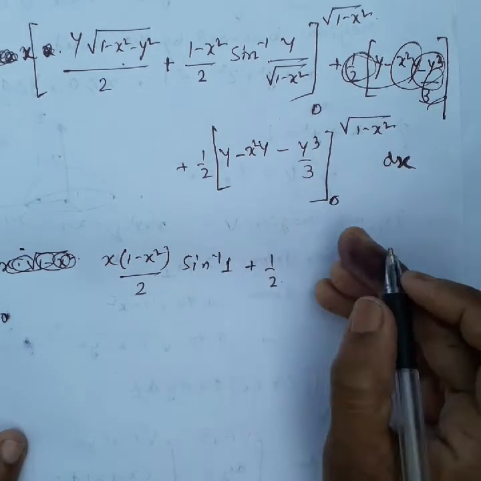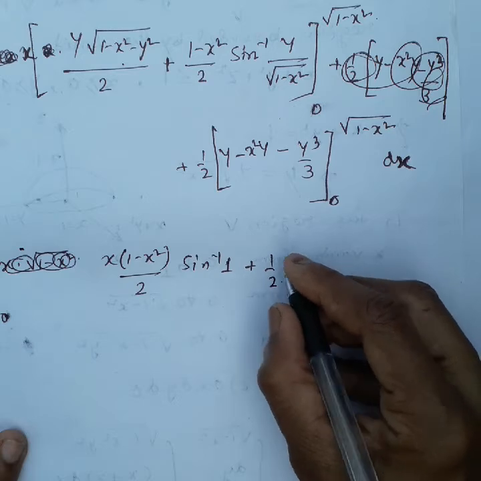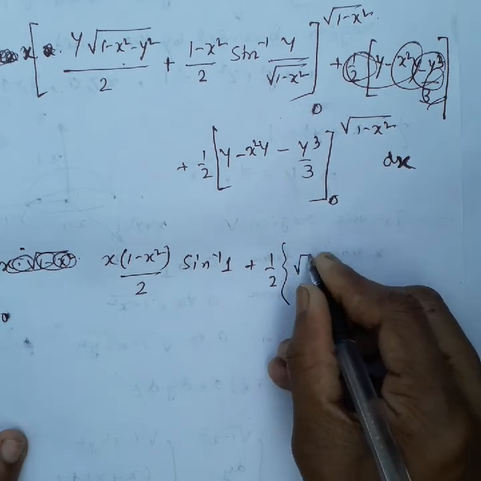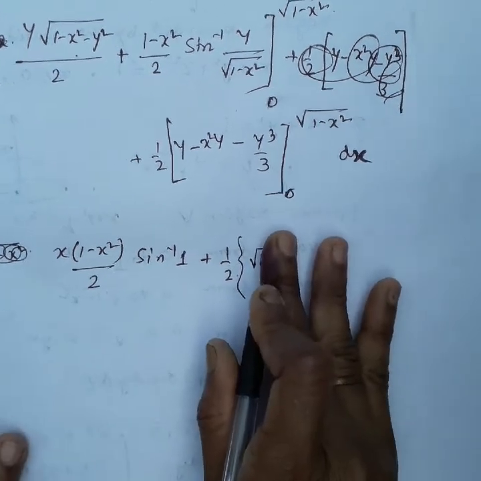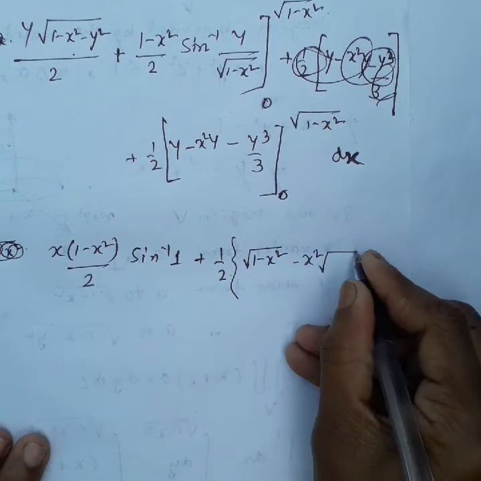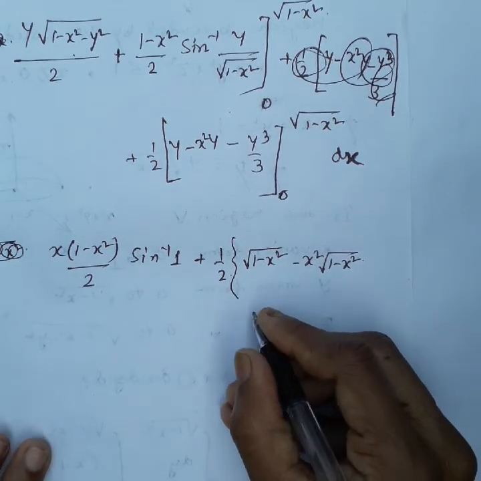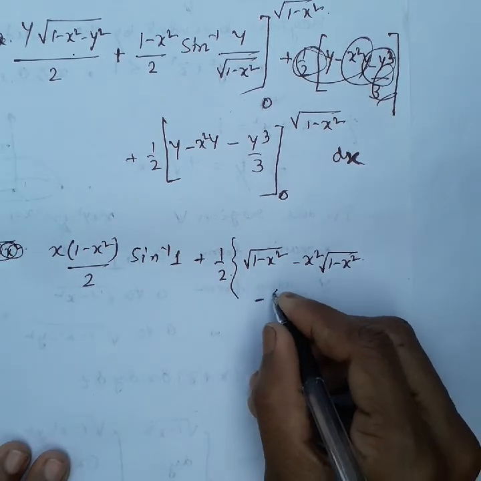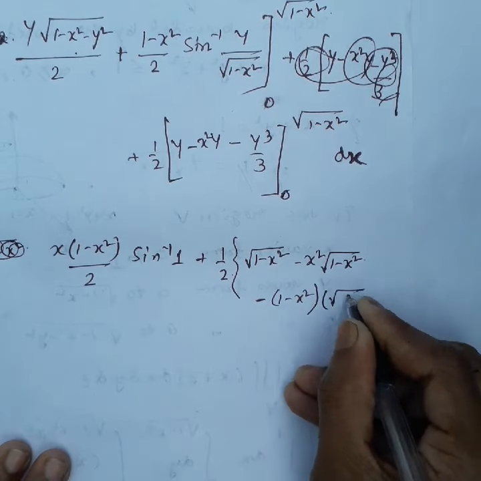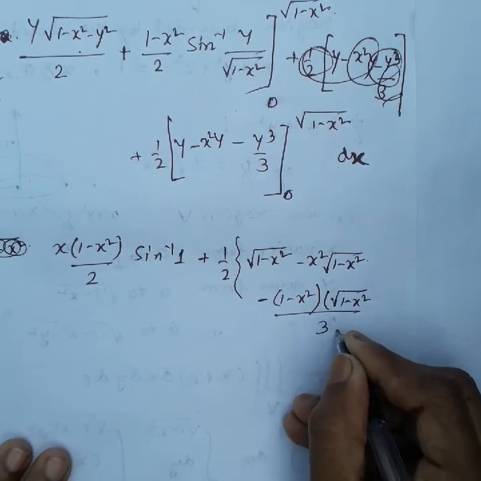Okay, so from here half of we get root over of 1 minus x square minus x square into root over of 1 minus x square minus 1 minus x square into root over of 1 minus x square by 3